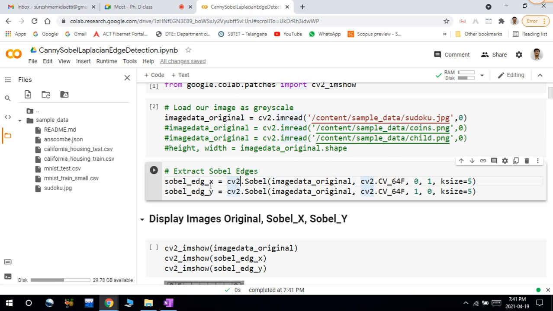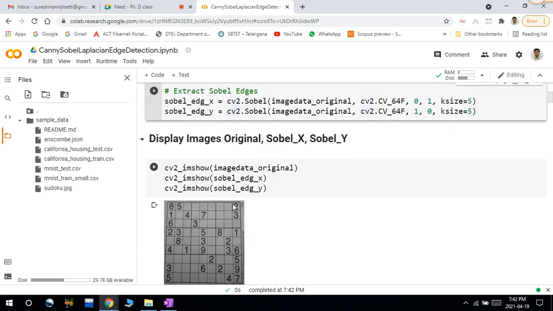That is your GX, the Sobel operator in the X direction. So I am using this X value. In case of this X direction, I will consider the Y value as 0 and X as 1, and the kernel size is a 5 by 5 matrix. I can use 3 by 3 or anything, but here I am using 5 by 5. And Sobel Y. I will try to apply both these, Sobel X and Sobel Y.